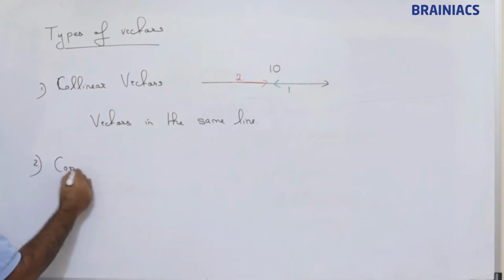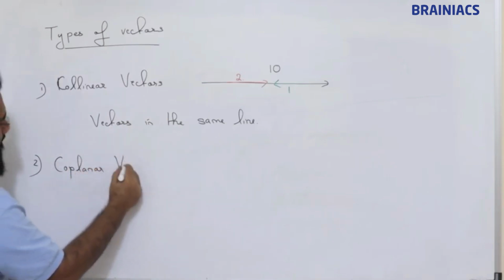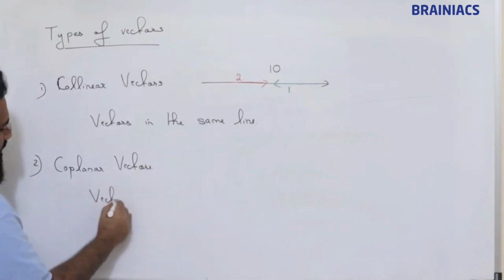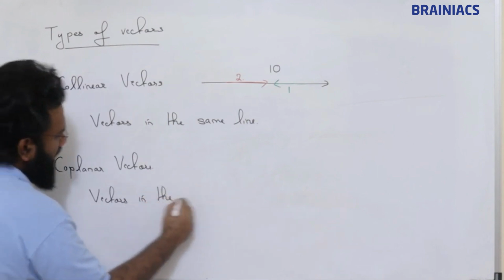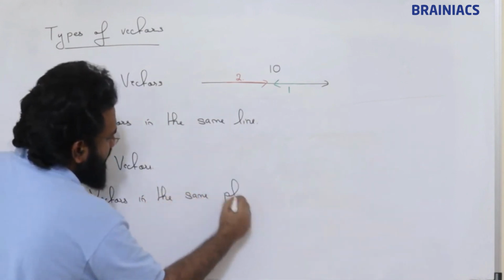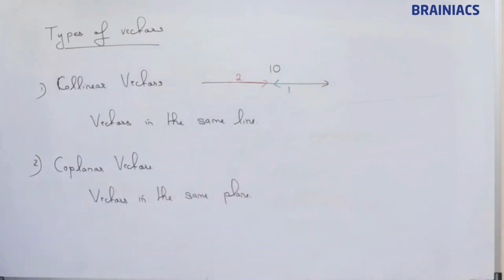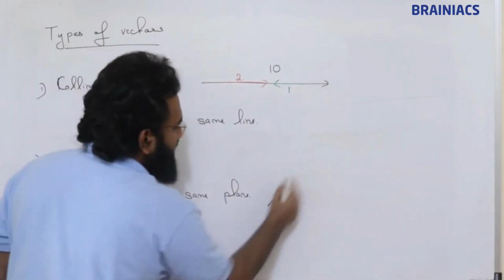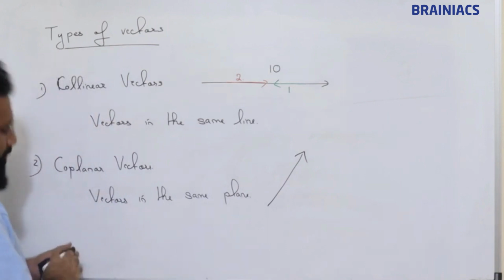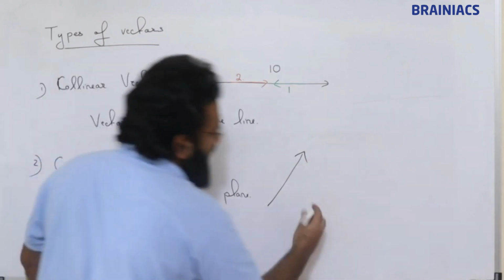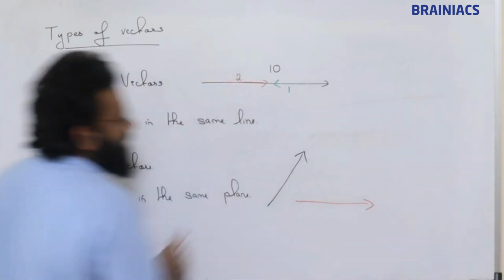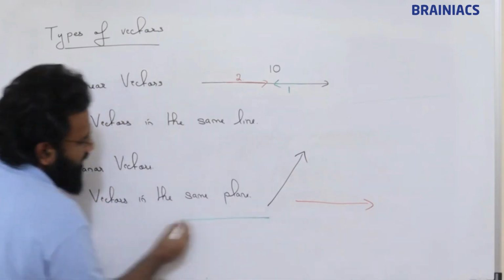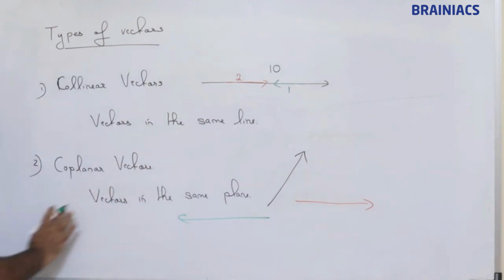Number 2, coplanar vectors. Coplanar vectors are nothing but vectors in the same plane. Suppose this whiteboard is a plane, so a vector is here. This is one vector, another vector in another direction, but this is also in the same plane. Now if I take another vector in this direction, all these are coplanar vectors because they are